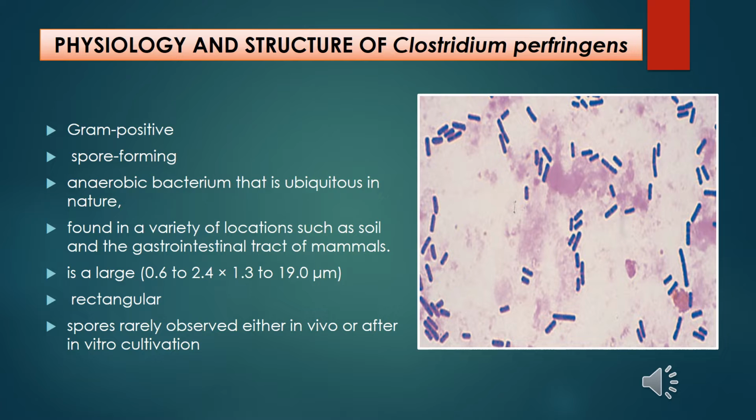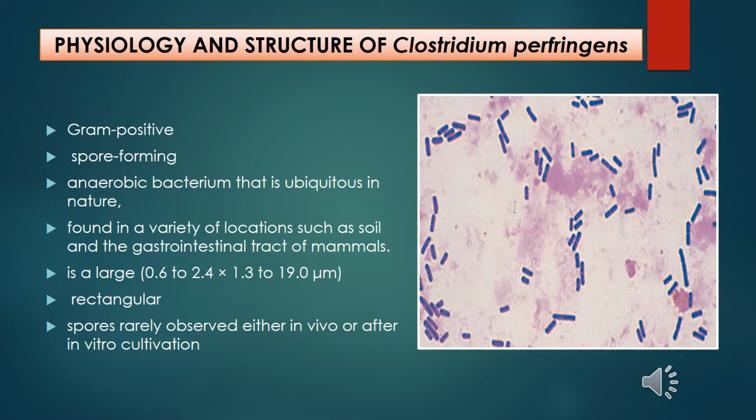So, Clostridia are gram-positive, anaerobic, endospore-forming bacteria comprising approximately 180 species. The genus Clostridium is one of the largest bacterial genera. And Clostridium perfringens is a gram-positive, spore-forming, strictly anaerobic bacterium that is ubiquitous in nature, being found in a variety of locations such as soil and the gastrointestinal tract of mammals, and it is a large, rectangular bacillus, with spores